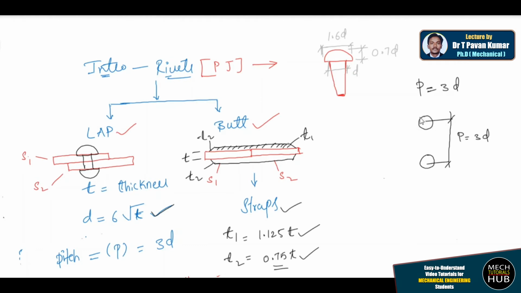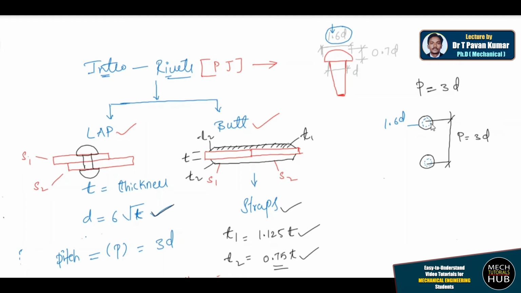And here if you look at this particular circle, this is nothing but the snap head circle, which is 1.6D. So the snap head is coming between the observer and the diameter, so the diameter will remain inside, invisible. Try to understand. That is the reason you could see in your textbooks or any copies this kind of hidden circle is given. That hidden circle is nothing but the diameter. It is not visible from the top to the observer because the head is coming in between.